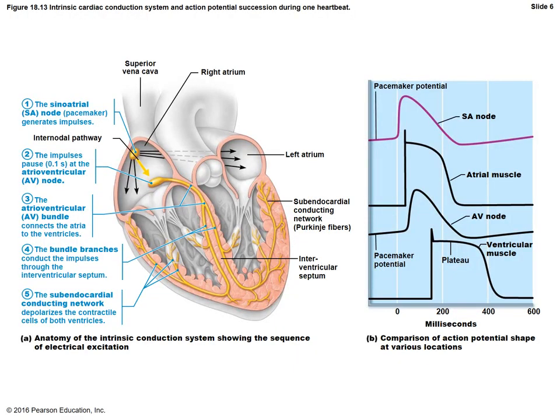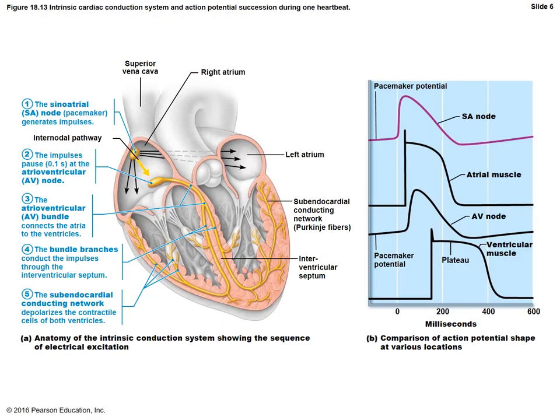So in this diagram here, you can see in milliseconds on the graph on the right, it's comparing the action potential shape at the various locations. But on the left-hand side with the heart, you're seeing first the SA node. These are pacemaker cells. As you can see, as I said, it's in the right atrium. And that electrical impulse is going to spread across the atrium. It will spread from the right atrium to the left atrium, and then it will stimulate it at the AV